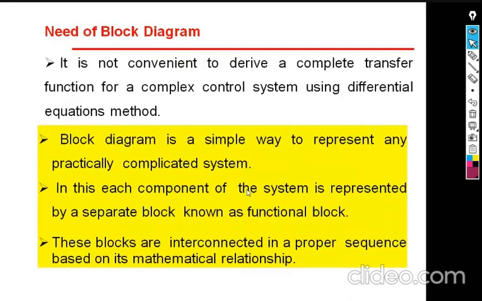Now what is the need of block diagram means, clearly I explained in the previous class that by using the first method what you have used since starting from your first problematic topic, that is the determination of transfer function of electrical system, to the determination of transfer function of mechanical system using differential equation method. So in those methods, in general, we can say that using mathematical equations, if the control system is complex, means if there are number of elements,